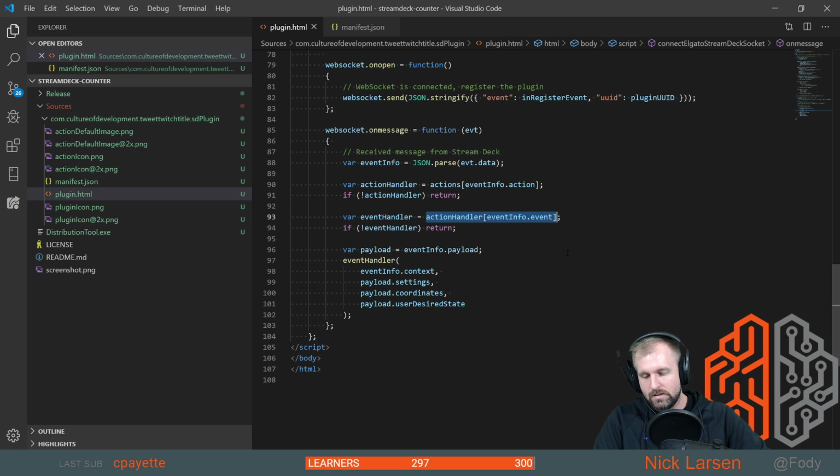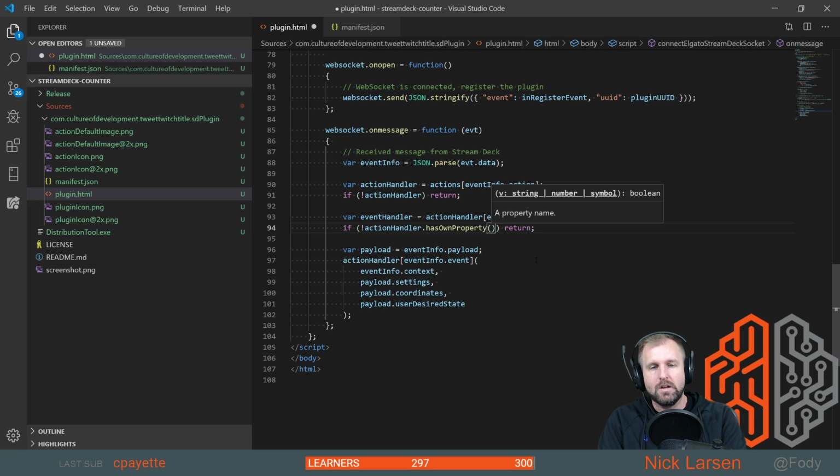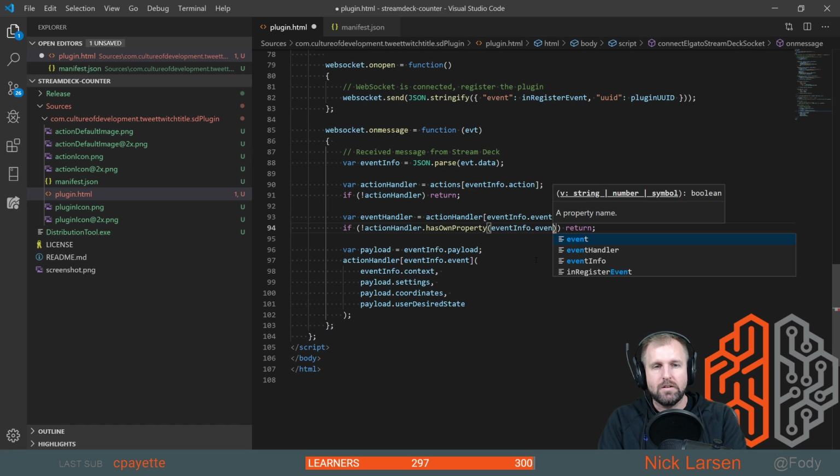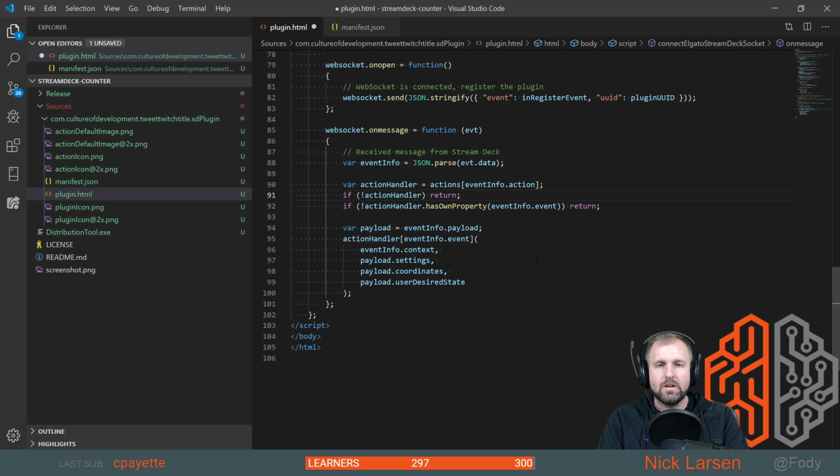I need to call this. If not action handler dot has own property event info dot event. So the point here is that I need to